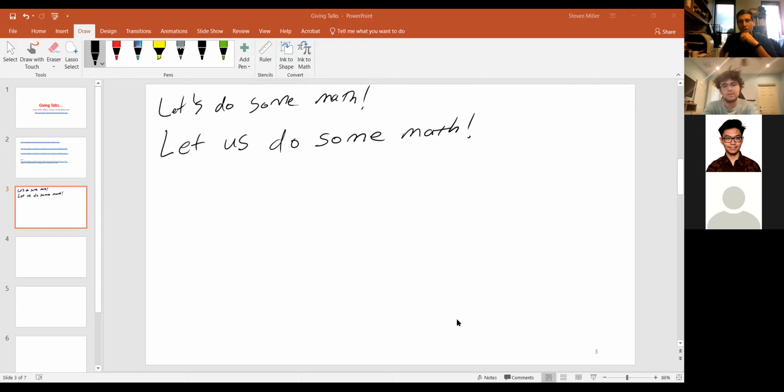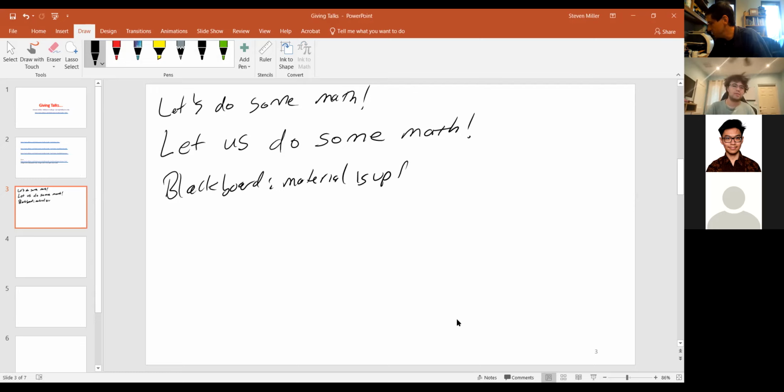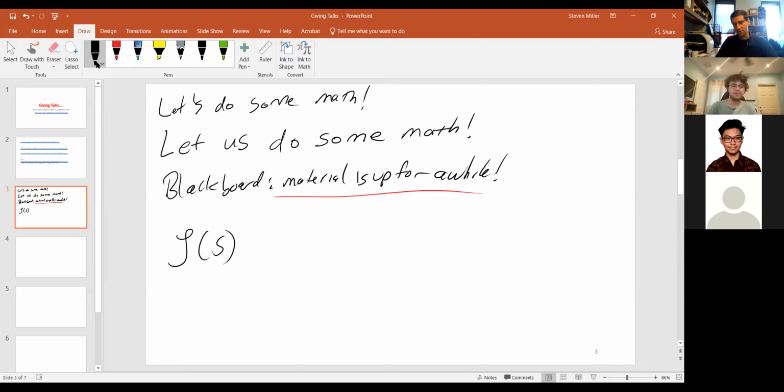Okay, so the biggest advantage of a Blackboard is the material is up for a while. That is a huge advantage. When you are doing things by slides, you are moving quickly from slide to slide to slide. If you've defined something 3 slides ago, unless you put it on a later slide, you are trusting that people will remember it. If you are doing a talk in analytic number theory and you have the Riemann zeta function,